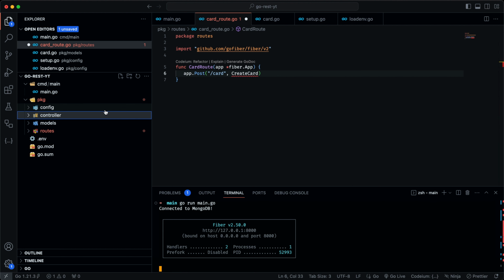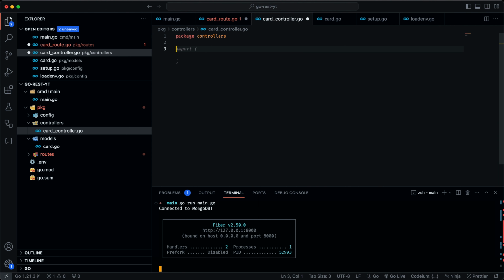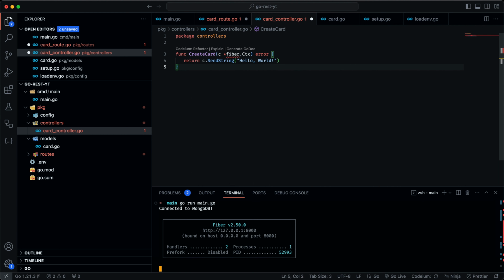So under controllers, I'll say card_controller.go. In here I'll mention the package name, package controllers, and we'll create the func CreateCard. This will receive a fiber context, c. Okay, this is fine. And now I'll probably have to import this,